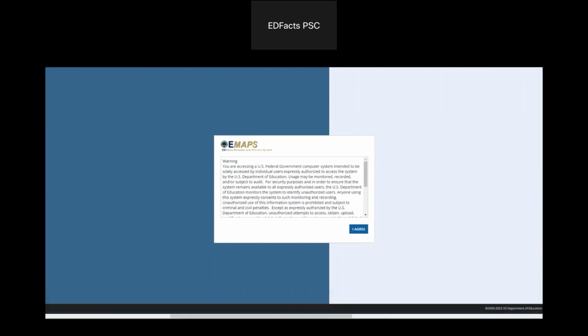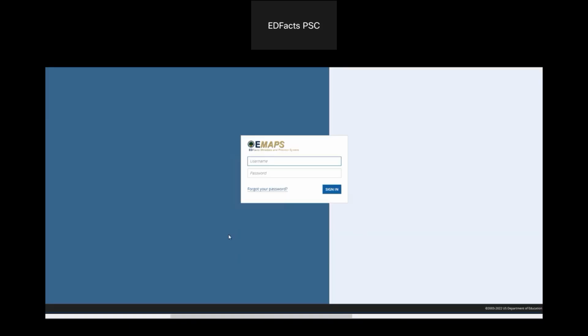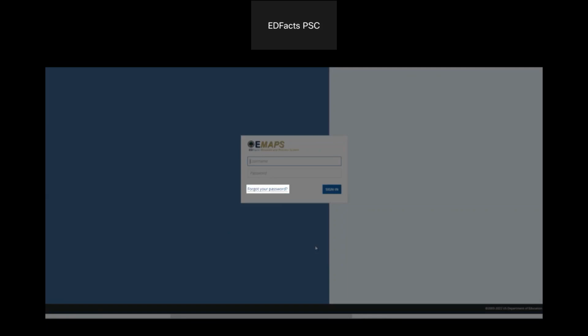Upon accessing the APR tool login screen, click I agree to accept the Department of Education's warning banner. Then you'll need to enter your username and password. I do want to point out that if you don't know your password, you can select this forgot your password